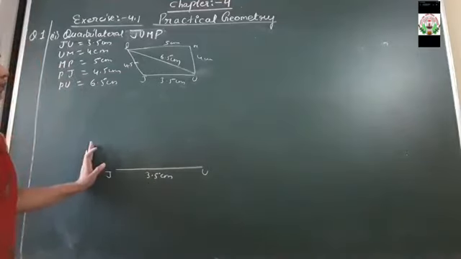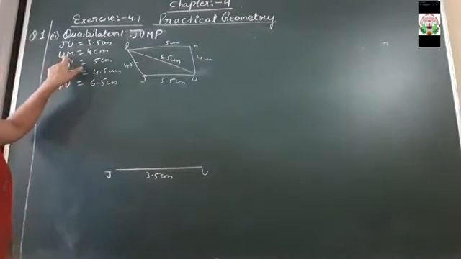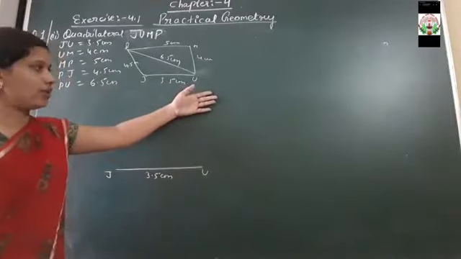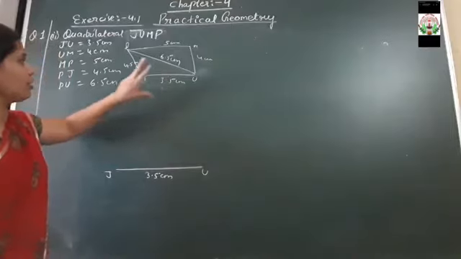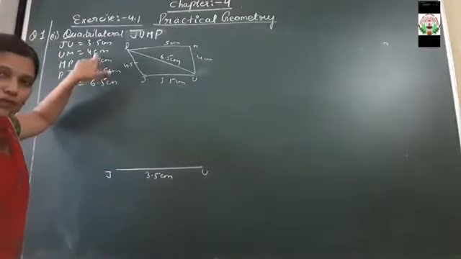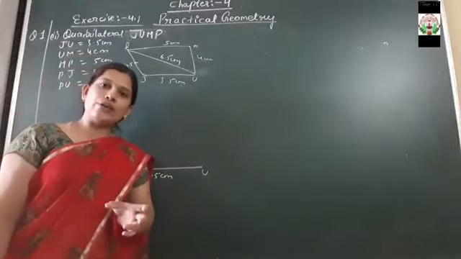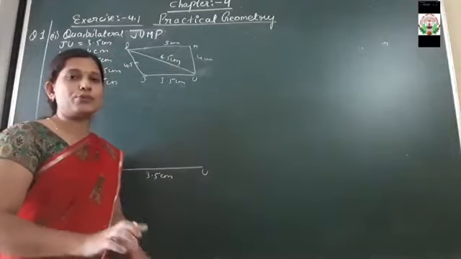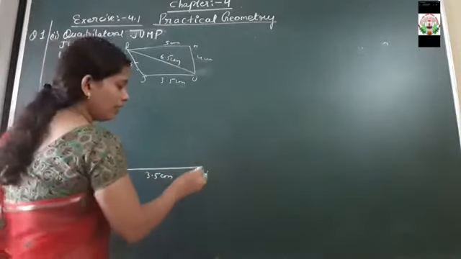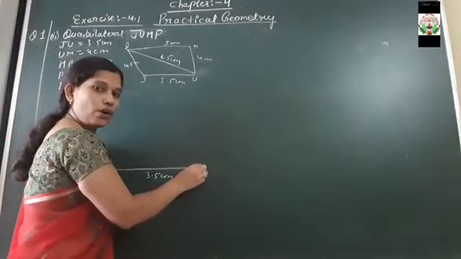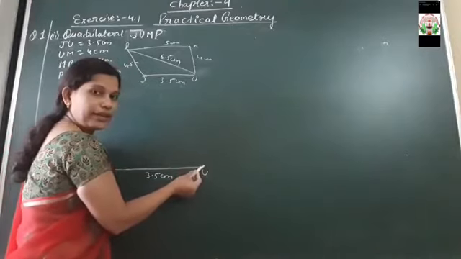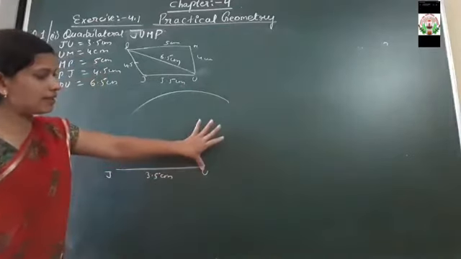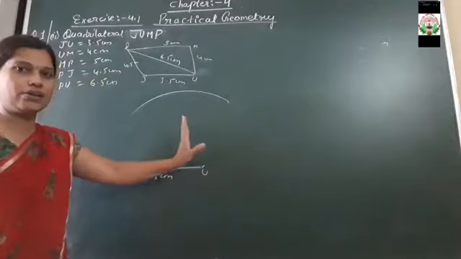After this what you have to do? Next measurement is given as UM. After JU the point will come as M. Okay, M will come upward. So what is the measurement of UM we are having? That is 4 centimeter. So on the mouth of your rounder you have to measure 4 centimeter. As I told you in the previous question, in the same way you have to measure 4 centimeter on the mouth of your rounder. After measurement, keep the needle at point U. Keeping the needle at point U, draw an arc. Okay, keep the needle here and stretch the pencil part to draw an arc.